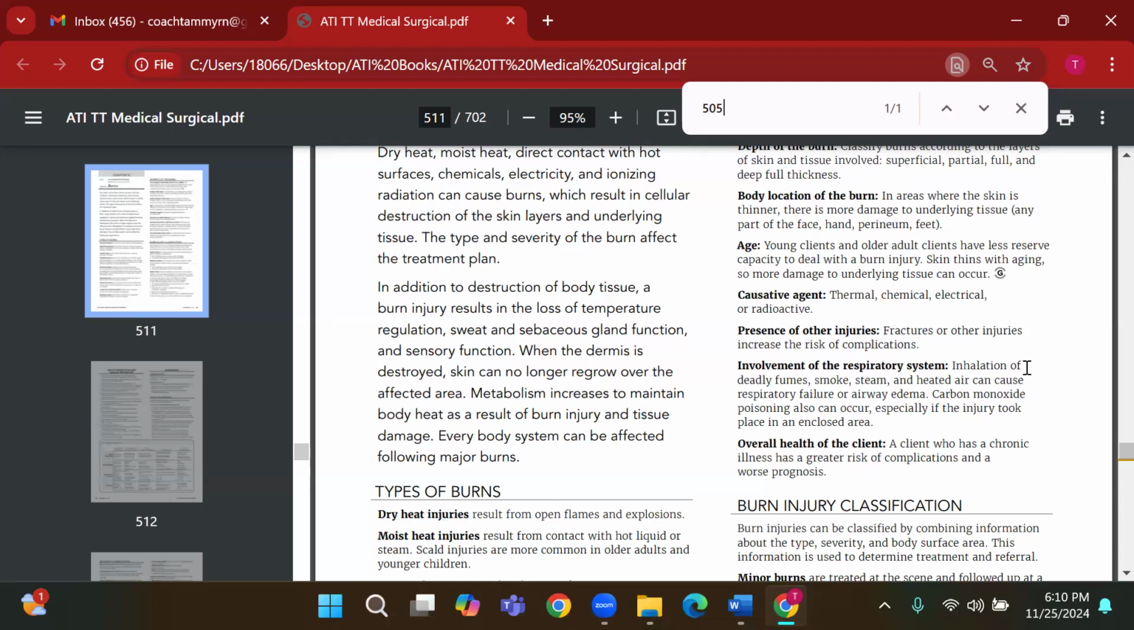So whenever there's a burn, we think of the respiratory system. It's going to be important. Inhalation of deadly fumes, smoke, steam, or heated air can cause respiratory failure. A lot of times we don't realize that when we're in a fire or a burn situation, carbon monoxide poisoning occurs. Now, the weird thing about that, and I'm just going to say this right now, I don't know if you'll get a question, but you possibly could,